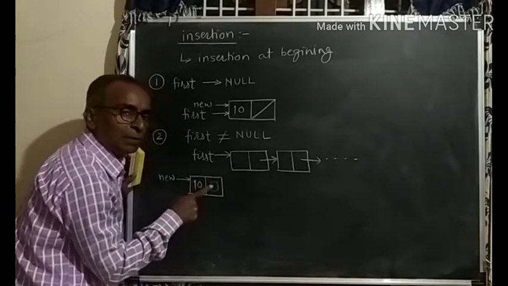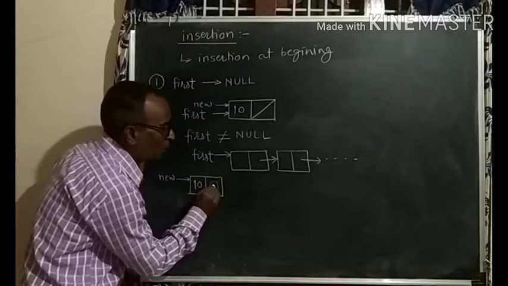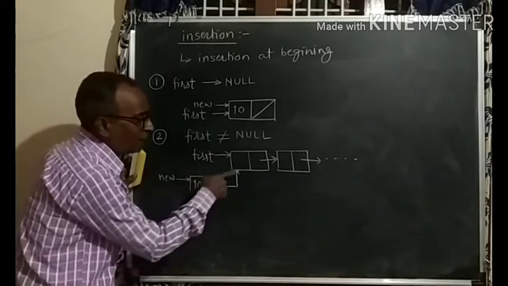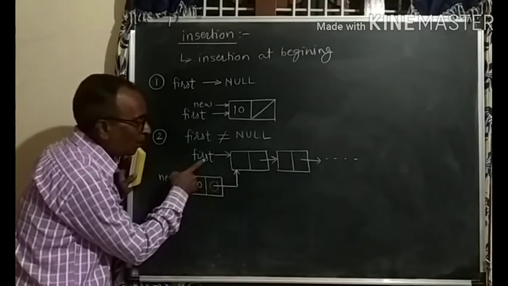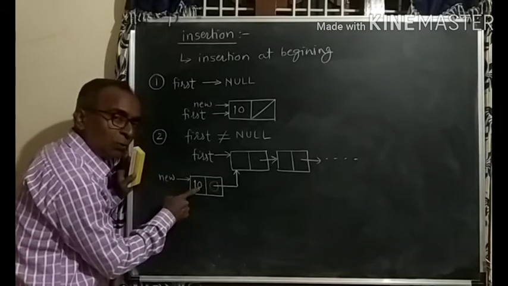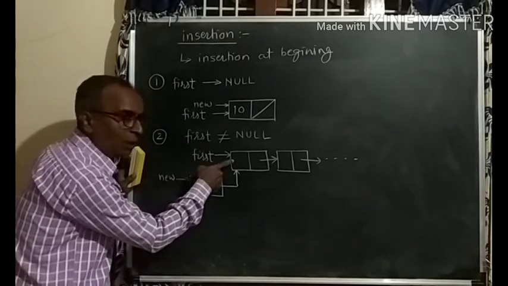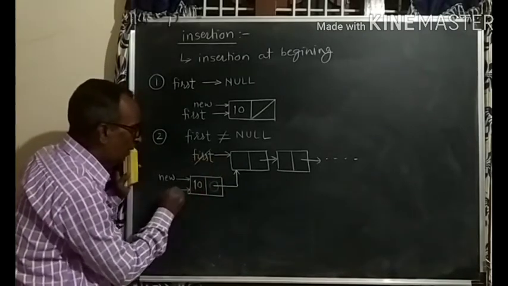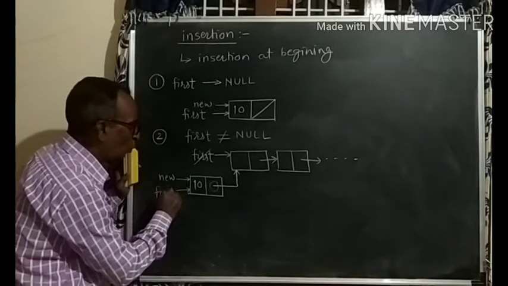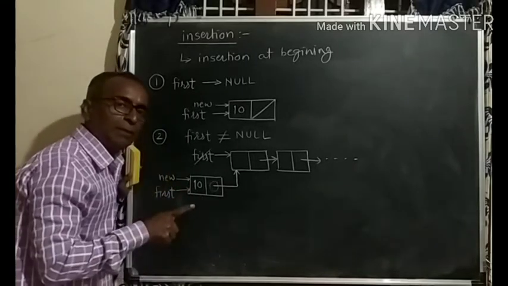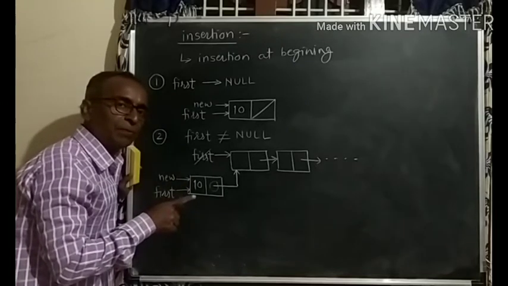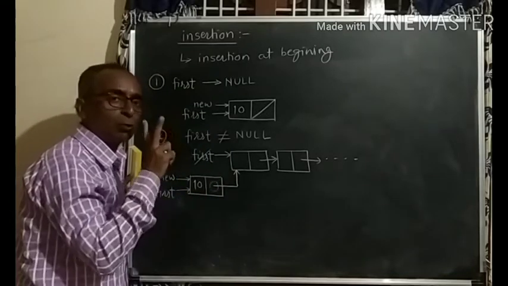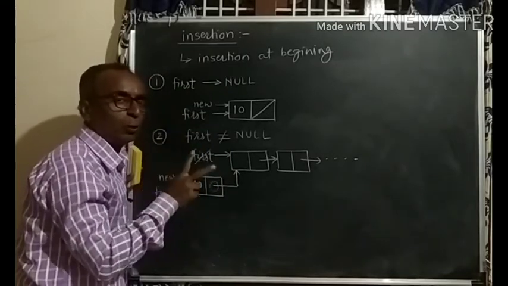So always first set link field of new. So this is set first. And then after insertion of a new node, which node will be the first node? This node will be the first node. So first should not point now here; after insertion, this first should point here. So you have to set these 2 pointers. Whenever you are inserting in a singly linked list, at the beginning, at the end, or in the middle, always you have to adjust 2 pointers.